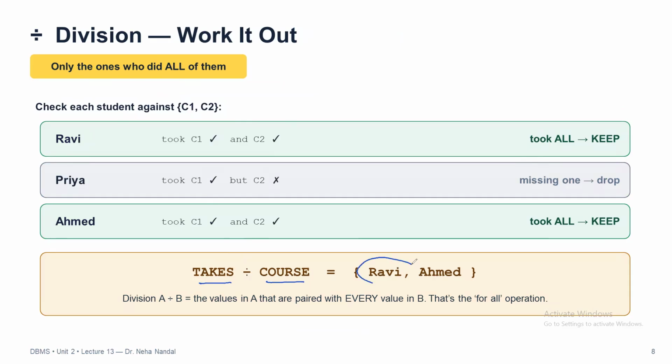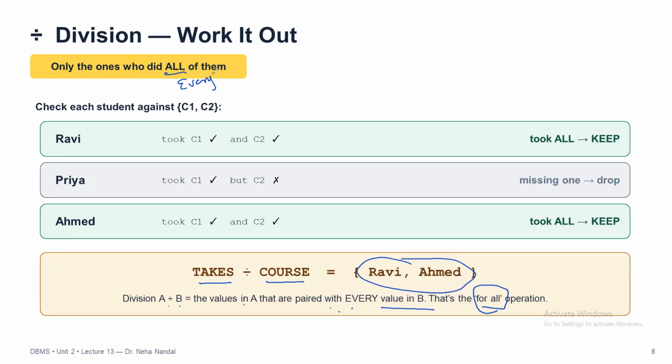The output is Ravi and Ahmed. So A divided by B gives the values of A that are paired with every value in B. That's the for all operation. That is the meaning. I hope you got some idea. Please remember this. So whenever a question says all or every, if you see these words, all or every, in the question,